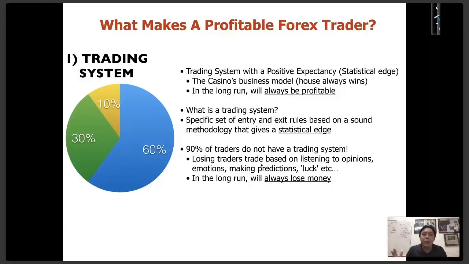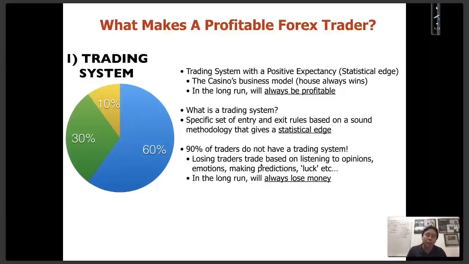And they make predictions. I think it's going to go, I feel it's going to go up, right? Or they say, I'm lucky today. When you hear traders say things like, I was lucky today, I was unlucky today, I know it's going up, they're not making money, right? There's no way they can make money consistently because they don't have an edge. So in the long run, they will always lose money, even though they could make money once in a while. Well, that's gambling, right? So again, the focus is not on luck, on gambling.